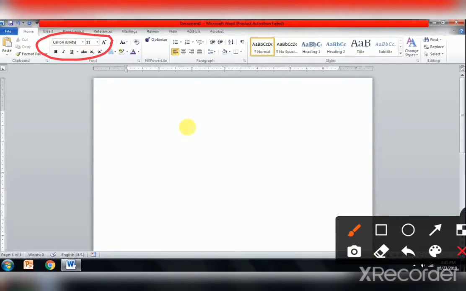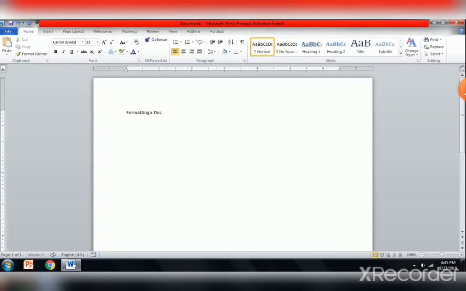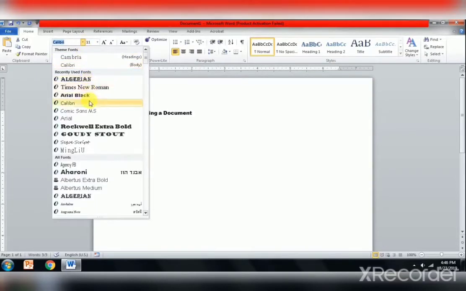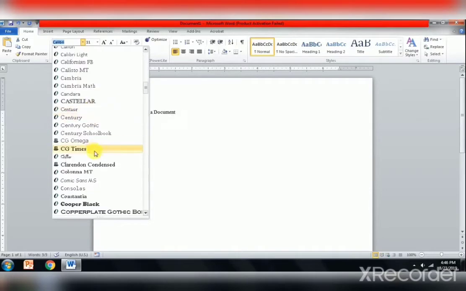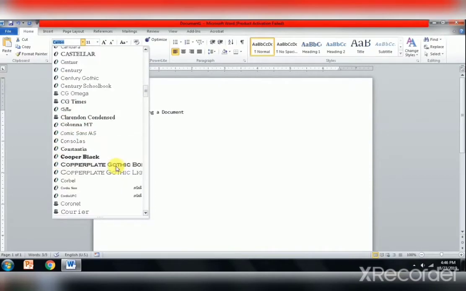To change the font type, first I will type something. See, I am typing formatting a document. I have typed a word, then I am selecting. First type and then select, then go to the font box in font group. You can see many types of fonts available. A list of fonts appears. You can choose the desired font from the displayed font list.